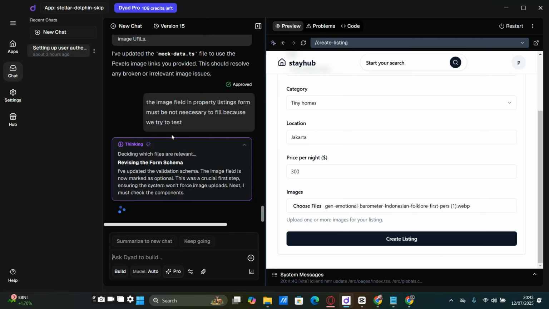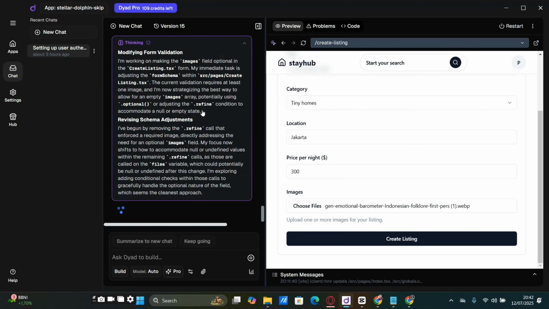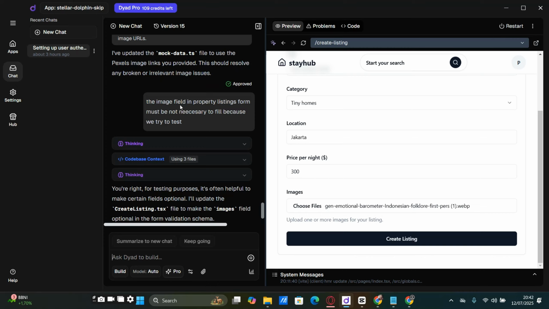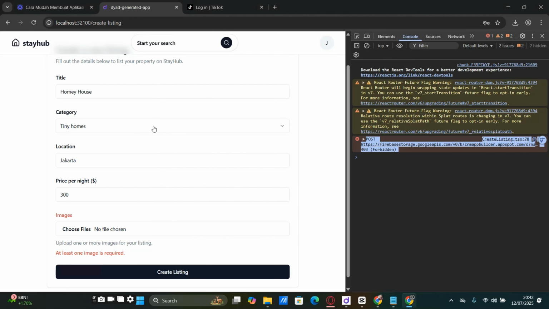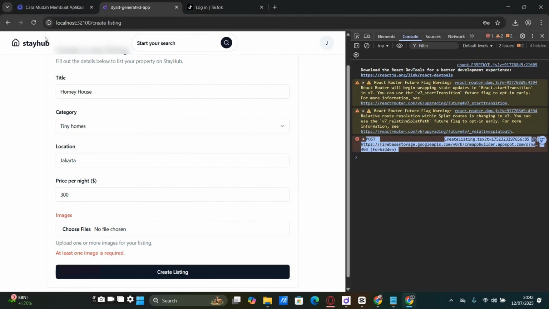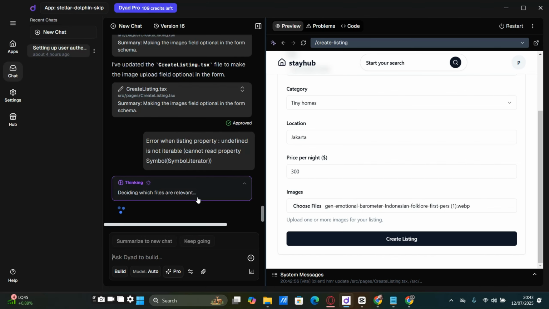This is where the magic happens. You'll see I'm using everyday natural language, not complicated technical prompts. But Dyad's smart context is incredibly intelligent. It's already generating what we need. We just need to confirm the change. We don't even need to tell the tool to stop or pause, because we're just testing the post properties function. Okay, let's reload the page and test our listing submission again.